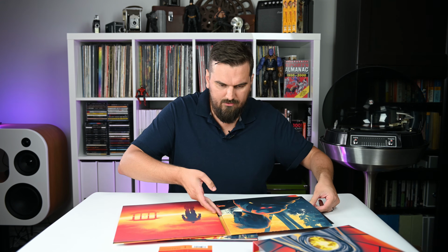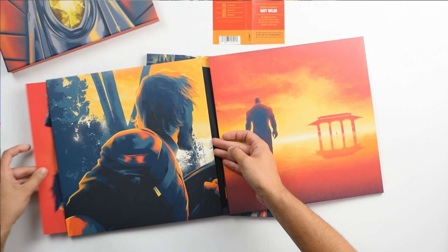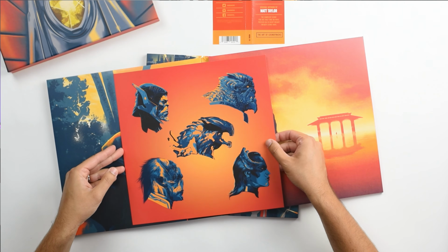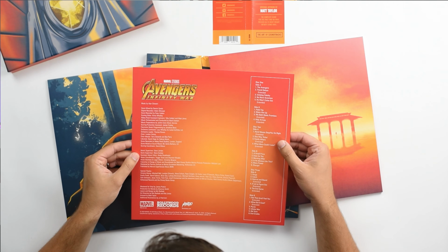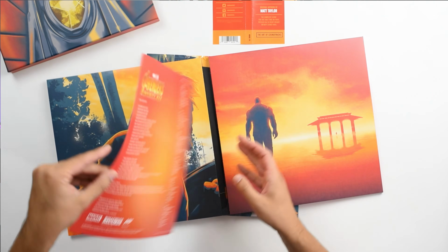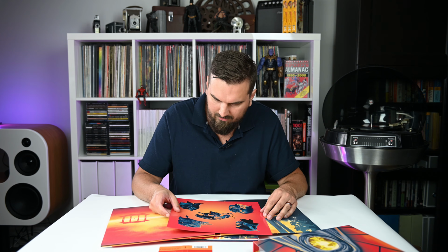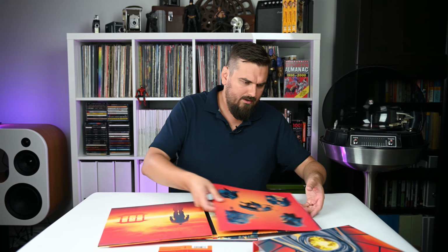And it looks like you can go either way of taking the record out. Let's see if there's any inserts, and yes, we do. Again, a beautiful piece of artwork here, with some credits and thank yous. So nothing crazy. As its own piece, you could probably frame this, and that's a nice piece of artwork that really looks great. And again, nice and vibrant, colorful. So it looks like there's just the one record